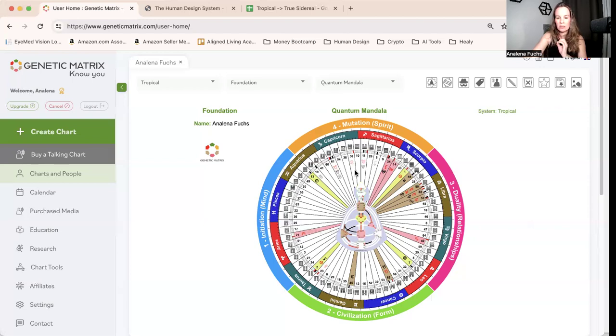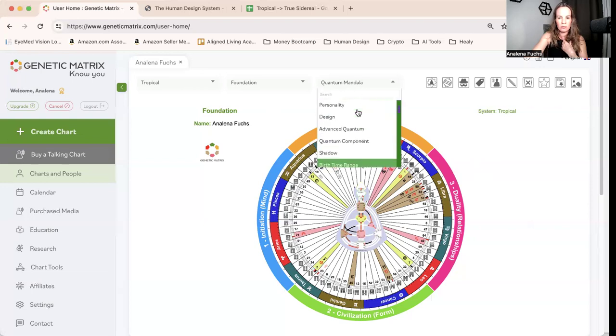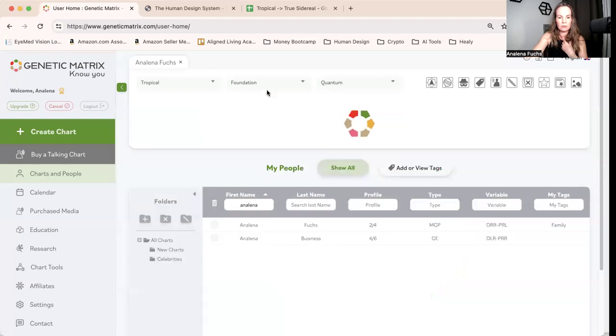And again, this here is the tropical view where we have 12 signs. They're all equal in size. And if you have watched my previous video where I talk more about True Sidereal, you may already know that in True Sidereal, astrology looks a little bit different. But right now, I want to focus on the transits for tropical, so you understand how you can actually find them. So I'm going now back to the regular quantum view.